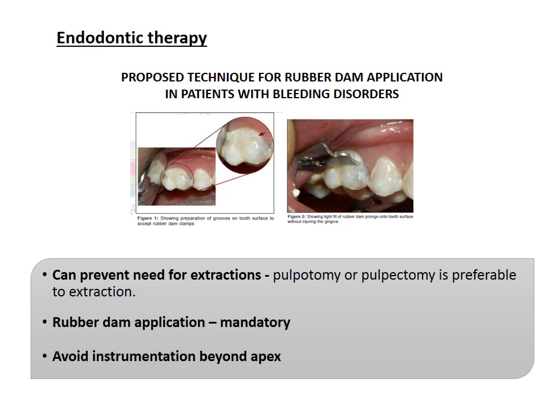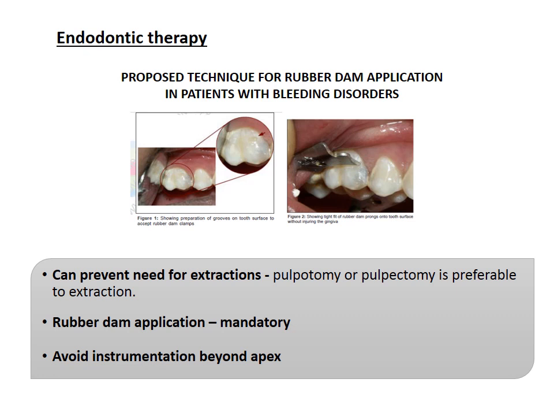So never put the rubber dam subgingivally; the rubber dam should not injure the soft tissue. As you can see here in the second picture, that is showing tight fit of the rubber dam prongs onto the tooth surface. So the prongs are touching the tooth surface without injuring the gingiva,